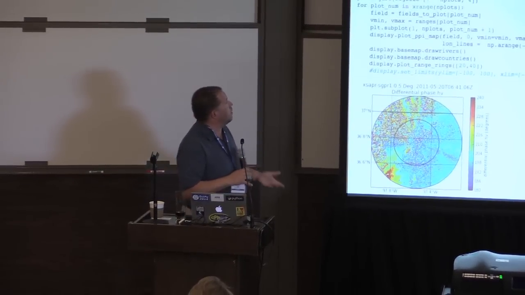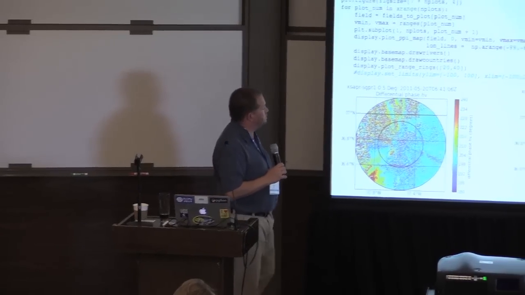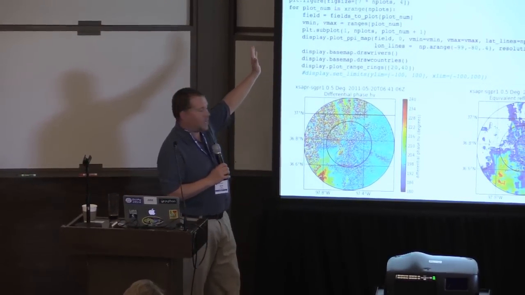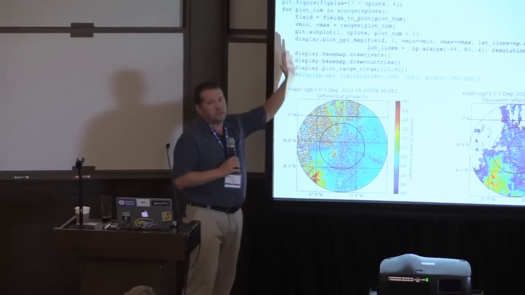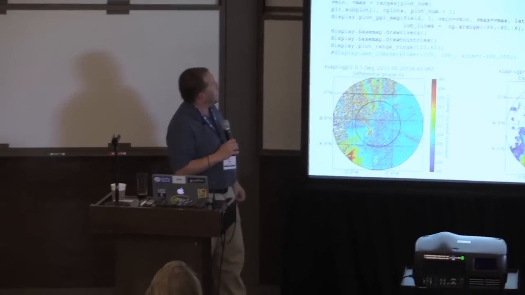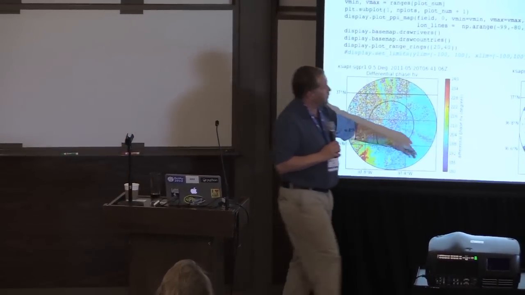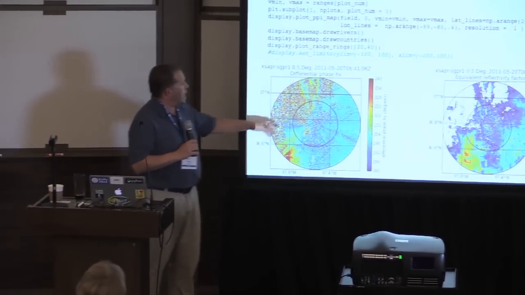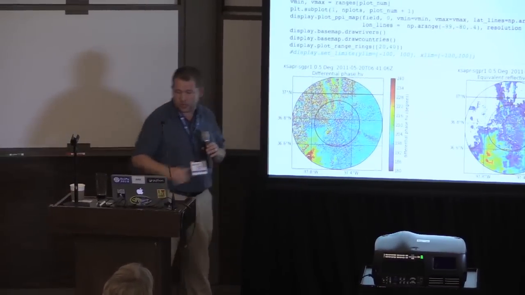It's got a whole variety of functions, including very, very simple plotting here. This is actually kind of a long example because I customized the plot a lot. You can pretty much do a plot in one line here. And so here I've plotted out the reflectivity factor. This is from one of our X-band systems in Oklahoma. And this differential phase I was talking about.